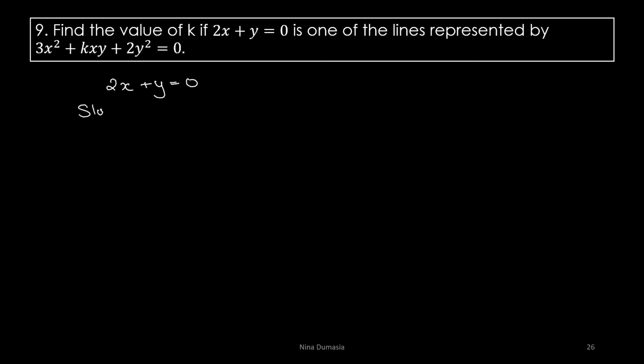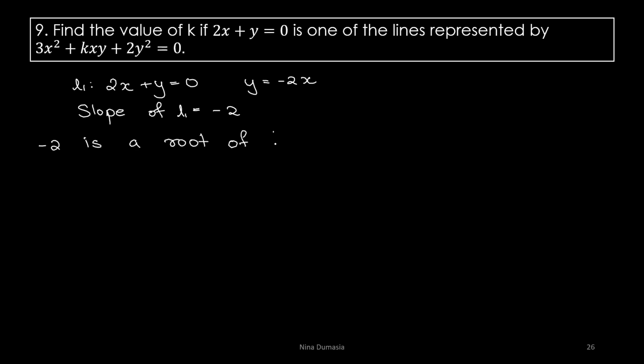We can say that the slope of this line, let me call this L1 suppose, is equal to... if we take 2x to the other side, we get y is equal to minus 2x. So the slope is minus 2. This minus 2 has to satisfy the auxiliary equation. So minus 2 is a root